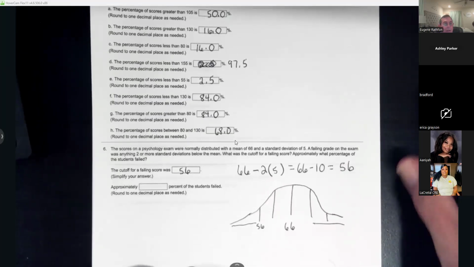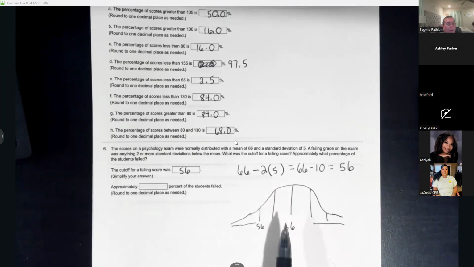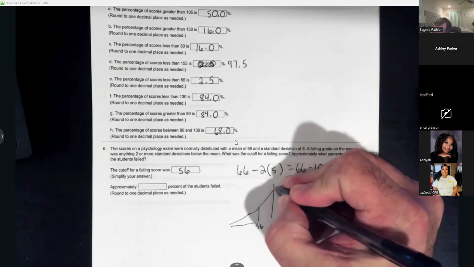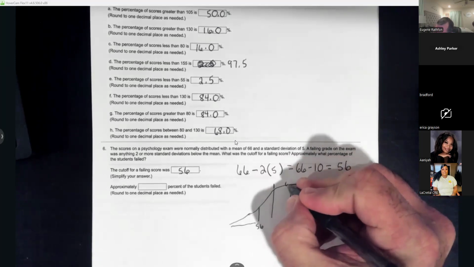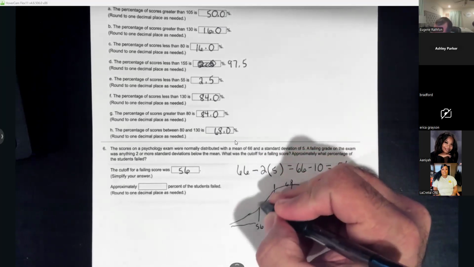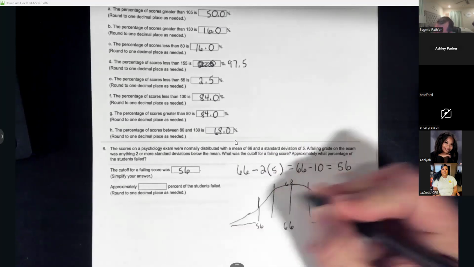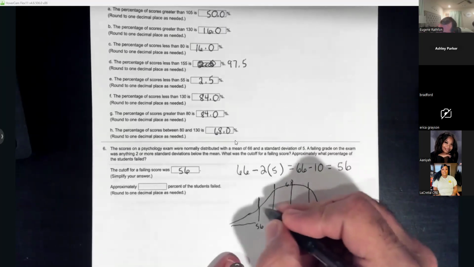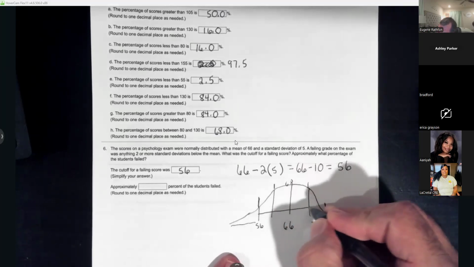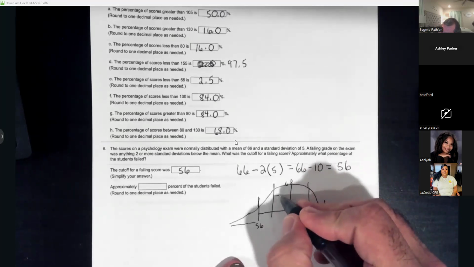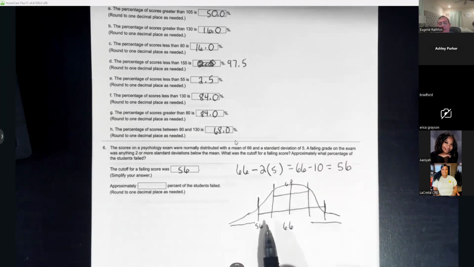Oh, y'all didn't tell me to bring that up. Okay, so I'm going to tell you how I got 2.5 based on this one right here. So we know 1 standard deviation was 68% of the data. We know that 2 standard deviations here, between here and here, that's 95% of the data falls in between these lines. 68% was 1 standard deviation. So